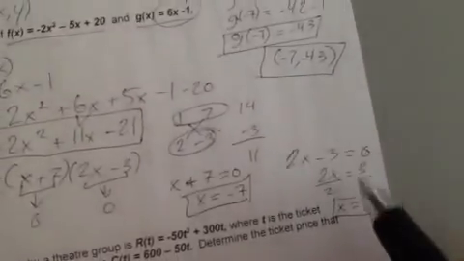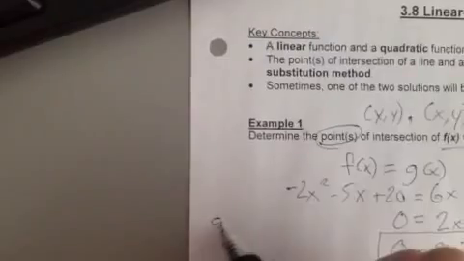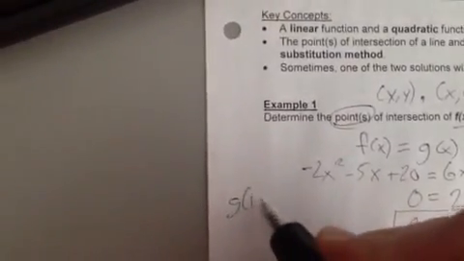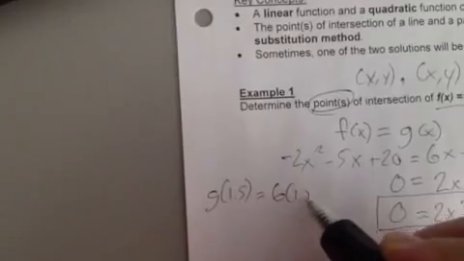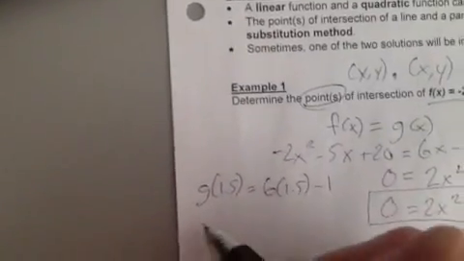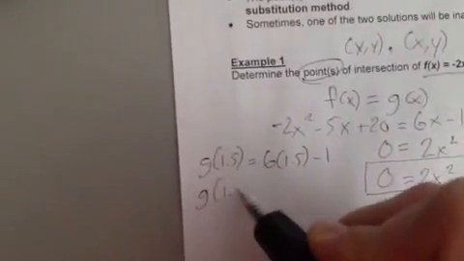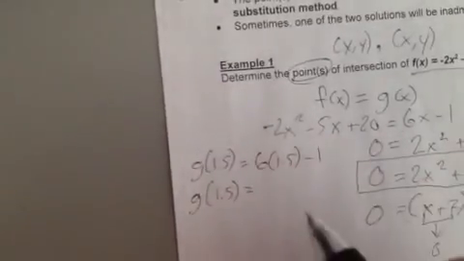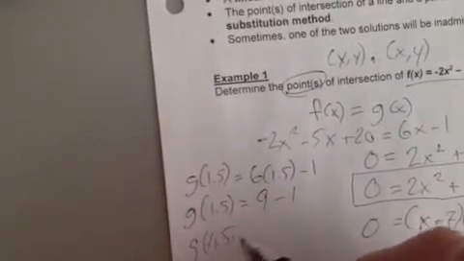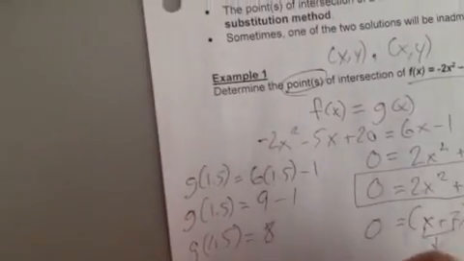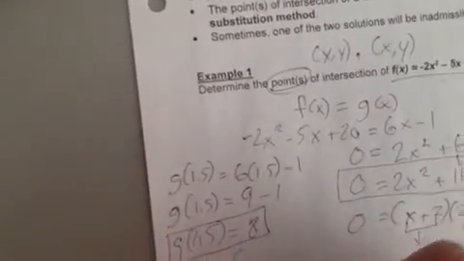The second point of intersection happens when x is equal to 1.5. So I'll figure out g of 1.5 over here. So g of 1.5 is just going to be equal to 6 times 1.5. Again, I'm using the formula for the line. So g of 1.5 is equal to 6 times 1.5, which is 9, minus 1. So g of 1.5 is equal to 8. So my second point of intersection is